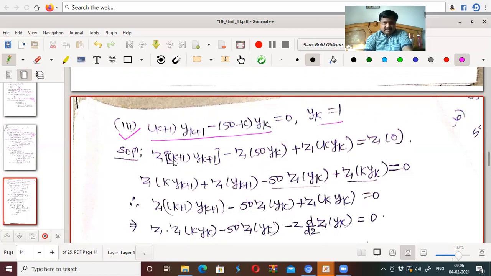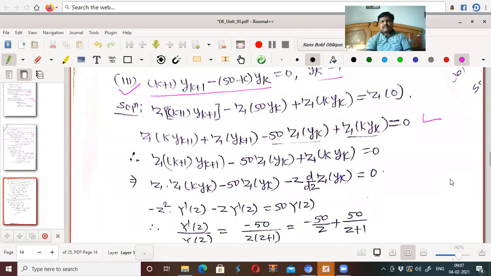This can be written as Z transform of k into yk plus 1 plus Z transform of only yk plus 1 minus 50 times Z transform of yk plus Z transform of k into yk equal to 0, because Z transform of 0 is 0 again. Because yk is 0, summation product with Z raised to minus k is 0 and their summation is again 0. Now Z transform of k into k plus 1,